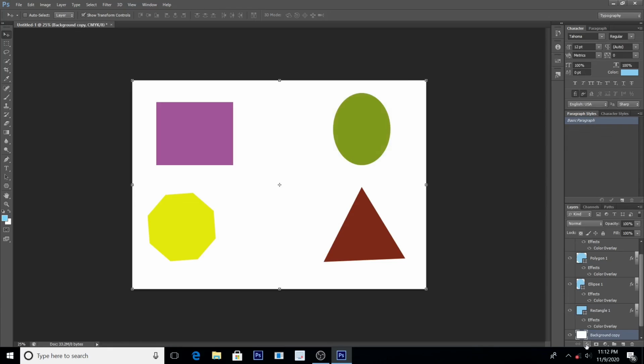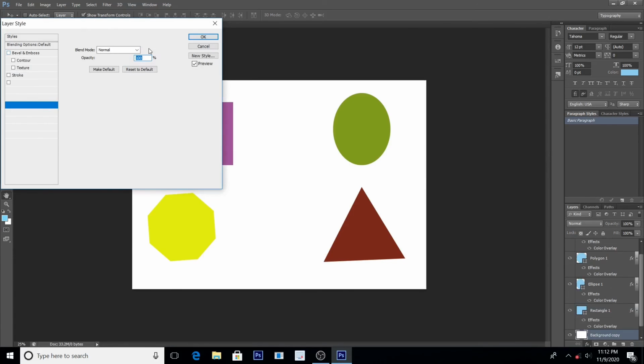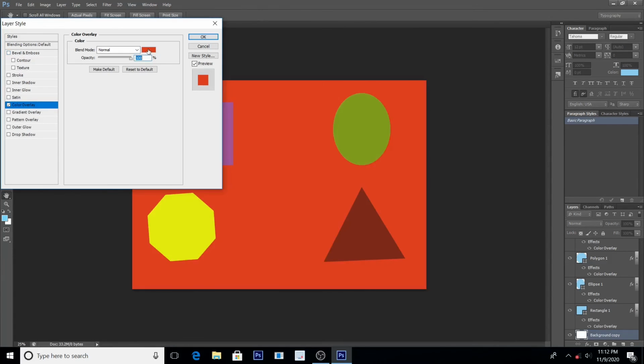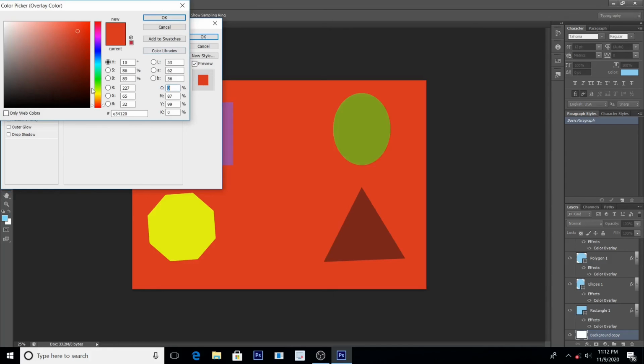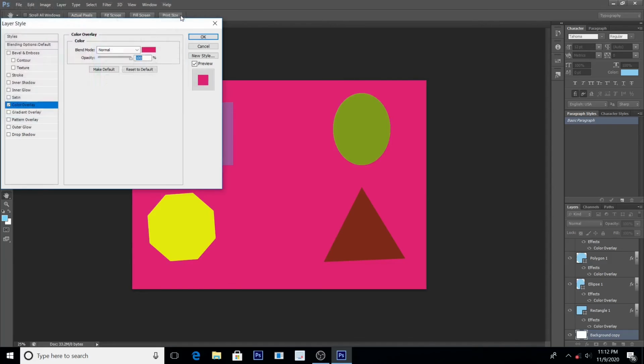So you press OK, then we come to FX, then we go to color overlay, then you select the color that we want for the background. So assuming that we want this, no, this is not okay, let's try to give it something like this. So now